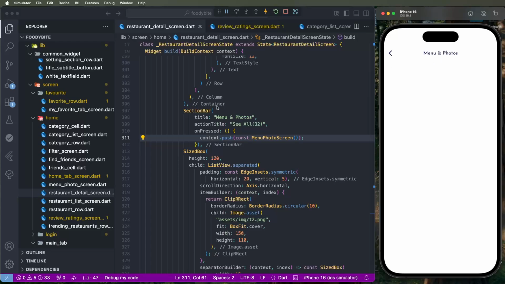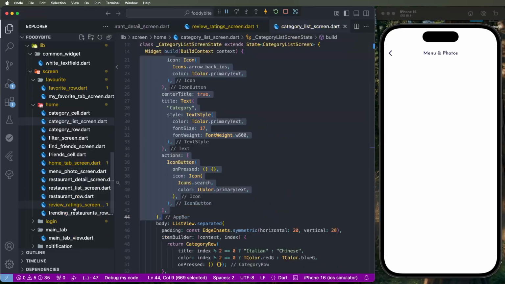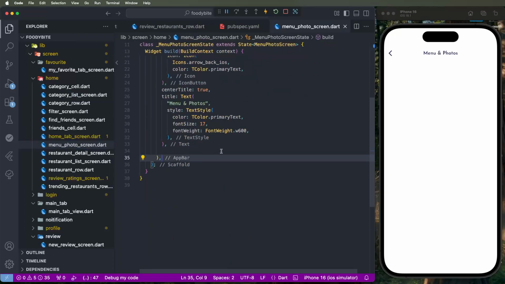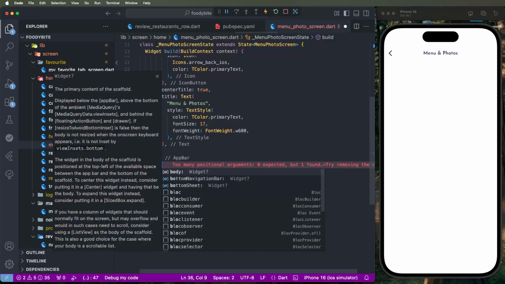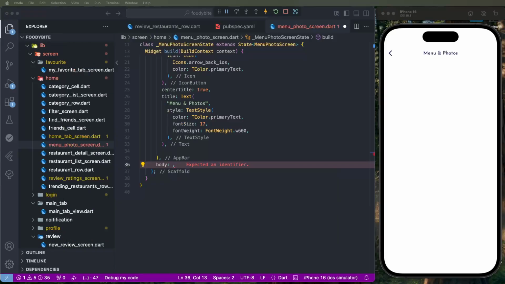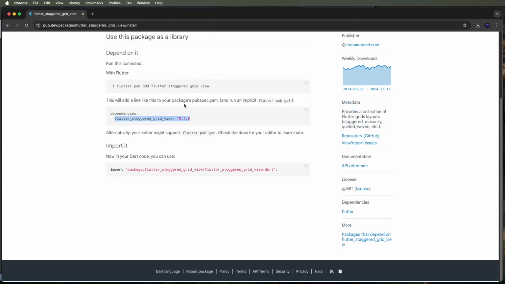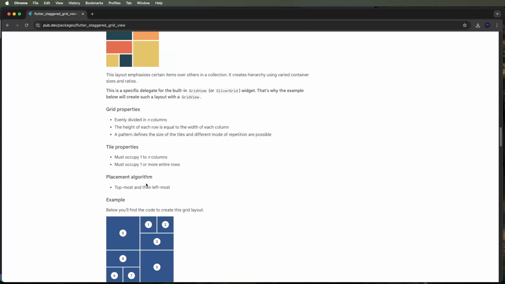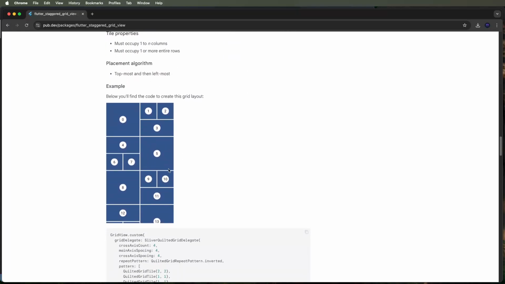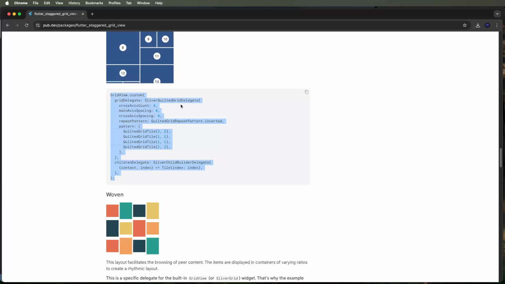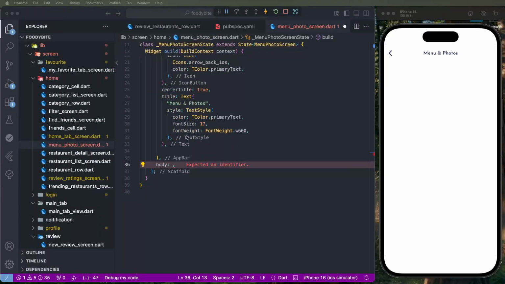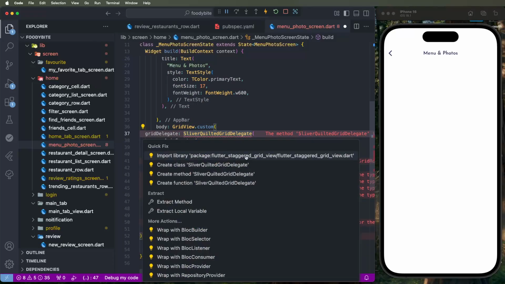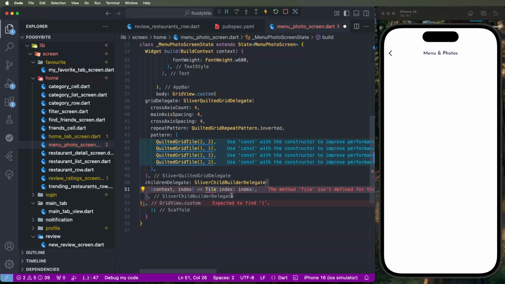We need to set and write down here the body. We need to create the body, go inside this demo project, and find the needed screen UI. We need to look at this UI that we are developing, but we need to modify this UI again. So we need to copy this one and paste it here for this grid, and import this, and set here the